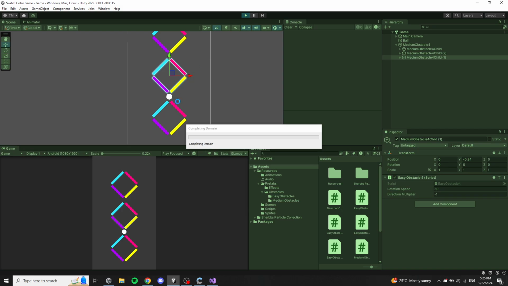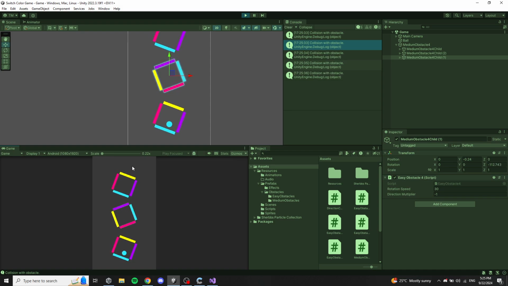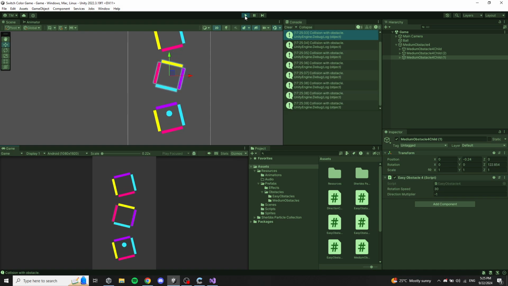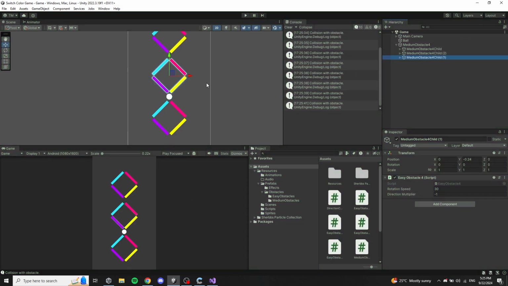Let's see if it's playable first. It is not, and I believe it's because this one here should be rotated counterclockwise,